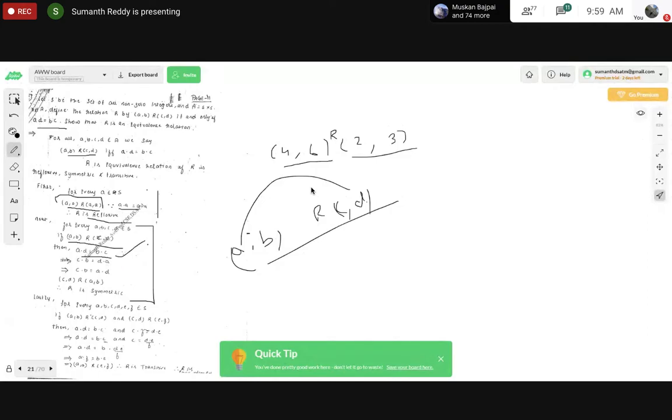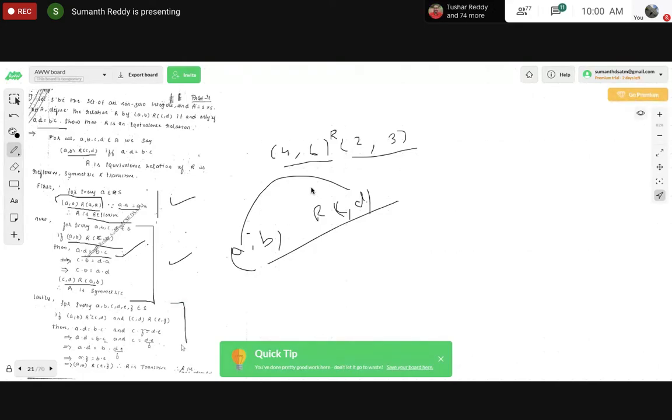And why have I made those changes? Because if I have c into b is equal to a into d, then based on the product of the external elements and internal elements, I can also write this relation, right? For example, c into d is equal to b into a, or a into b, both are the same, right? So I started with (a, b) related to (c, d), and I have concluded that (c, d) is related to (a, b), and that is the symmetric property. Fine. So now I have proved that it is reflexive and symmetric.